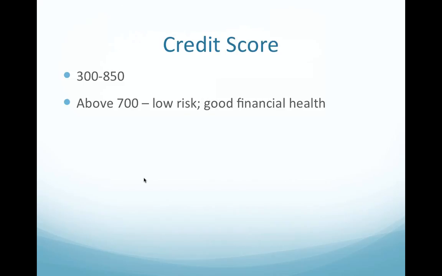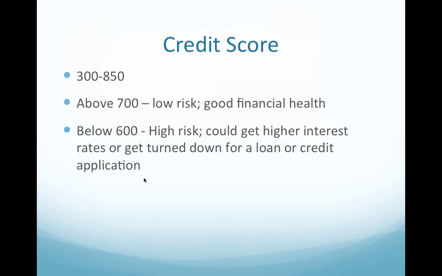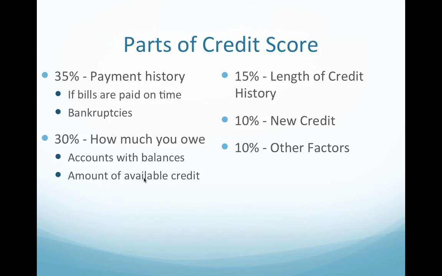Big part of all of this type of math is the credit score. It's important to know what your credit score is because that's going to determine what your interest rate is, and ultimately how much you're going to end up paying back. Two people can borrow the same amount of money and pay different amounts back, because it's all based on your credit score. Credit score ranges from 300 to 850. Anything above 700 is low risk and good financial health. Anything below 600 is high risk